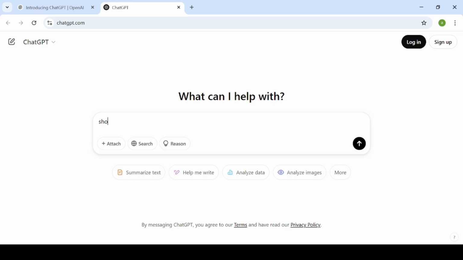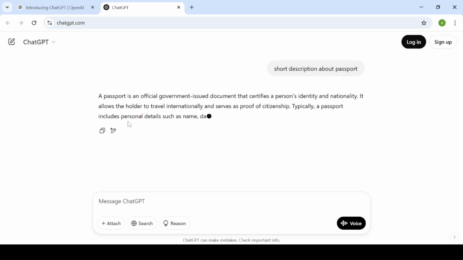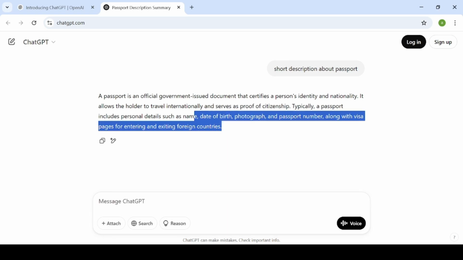Now let's ask it for a short description about passport. Okay, let's see what it says. So let's copy it